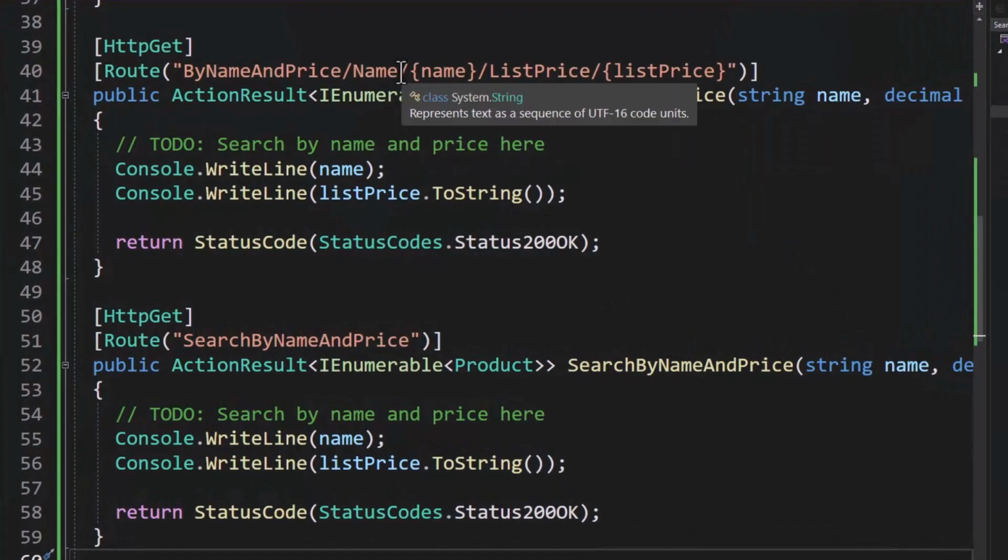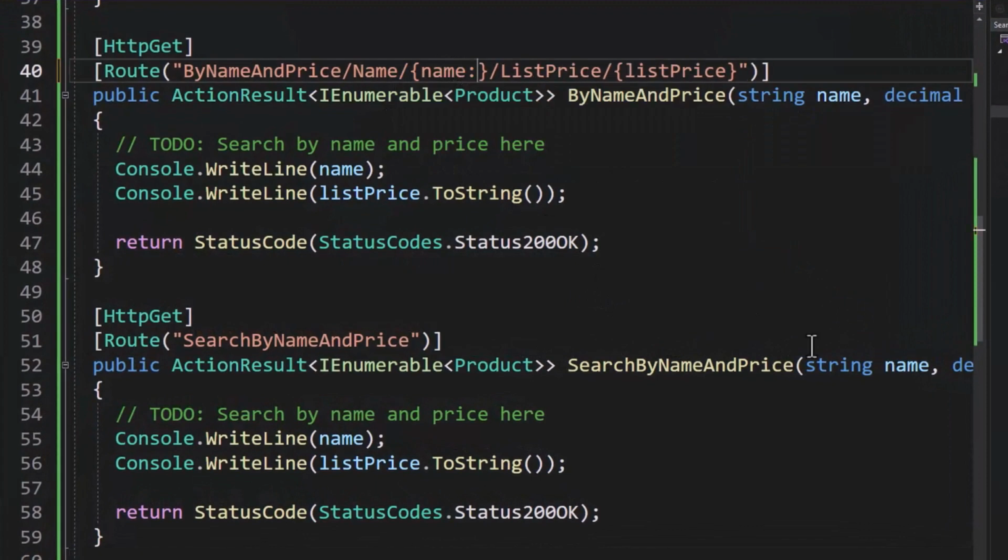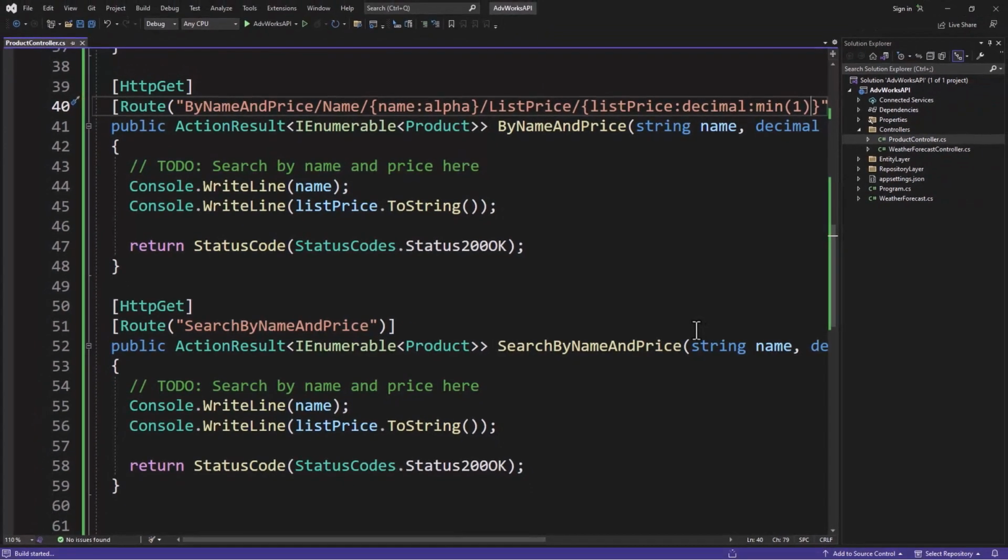Let's use the by name and price here, and we'll put a colon after name and type in alpha because we want only alphanumeric characters here. And for the list price, we're going to do decimal as far as the data type constraint, and then we're going to do a min 1. So we're saying the list price has to be 1 or greater. And if we now run this,